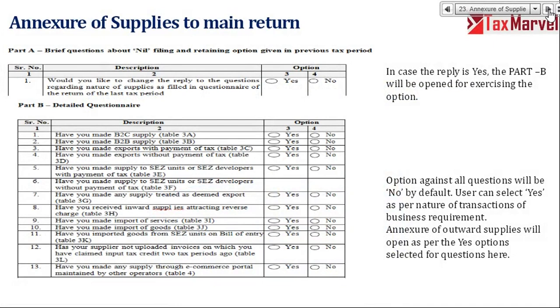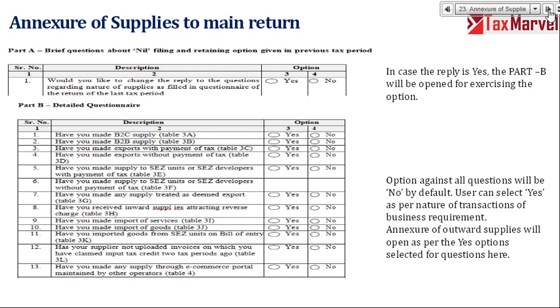Number 1, the system will ask you whether you want to select the same tables as you selected last month. Last month I selected B2B, I did not select B2C, I did not select export, I only selected B2B and RCM. System will ask, do you want to select based on last month only 2 tables? I'll say no, I don't want to select. This month I have export liability also, so system will change it. If I say yes, based on last month only, system will only give me those 2 tables, right?